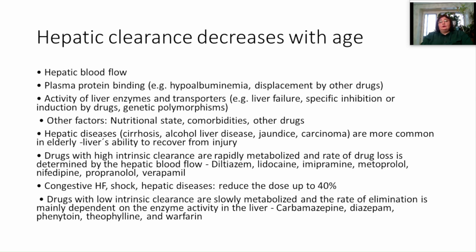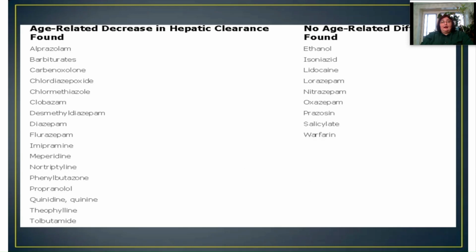Drugs with low intrinsic clearance are slowly metabolized. The rate of elimination is mainly dependent on enzyme activity in the liver. It can be carbamazepine, diazepam, phenytoin, theophylline, and warfarin. And you see groups of drugs, and I showed you those where an age-related decrease in hepatic clearance was found, and those where no age-related